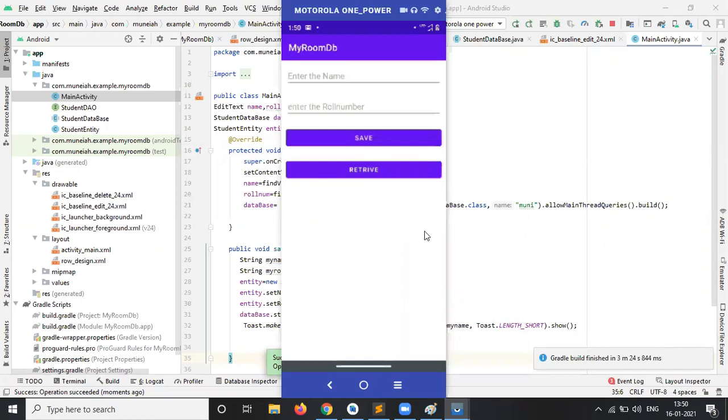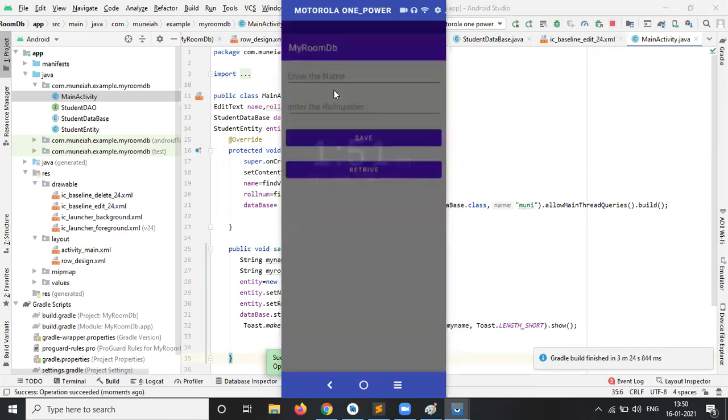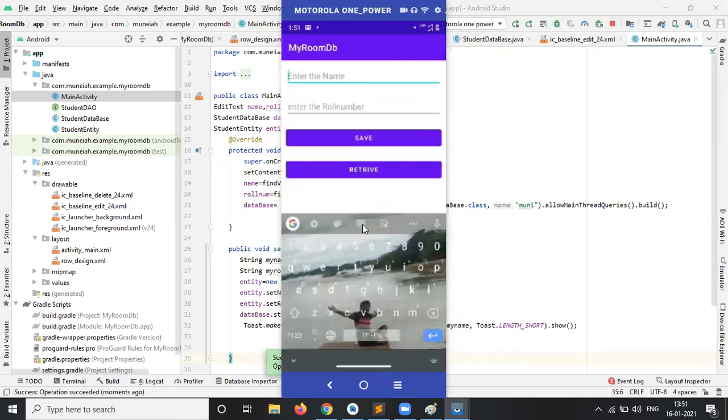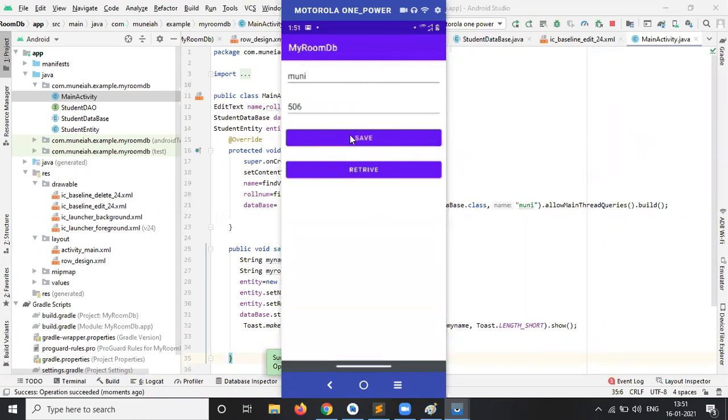So this is our application. I'm entering the name and roll number. Now I'm clicking the save button. "Save successfully" with the name, I got the toast message.